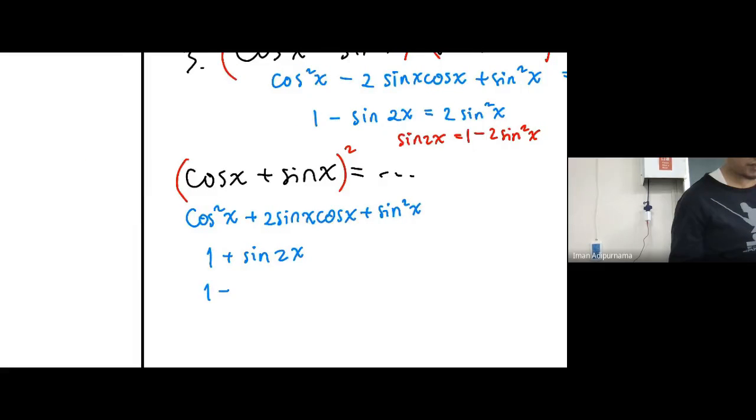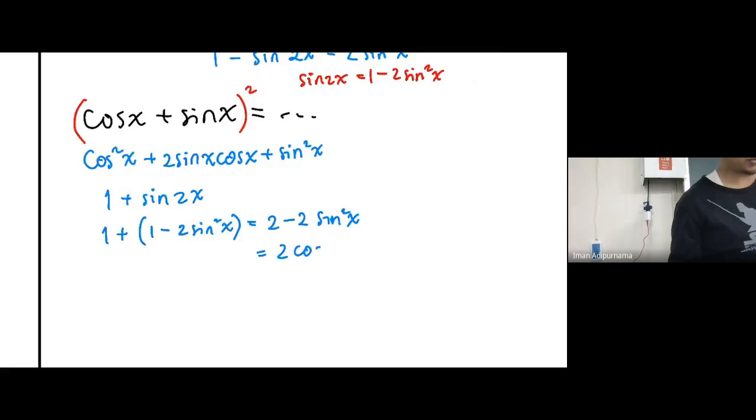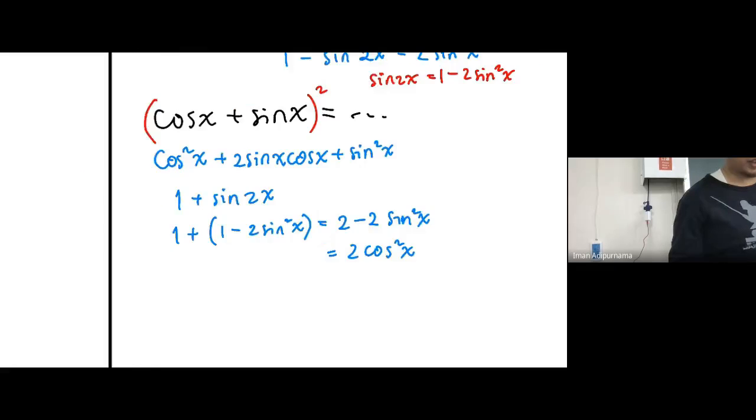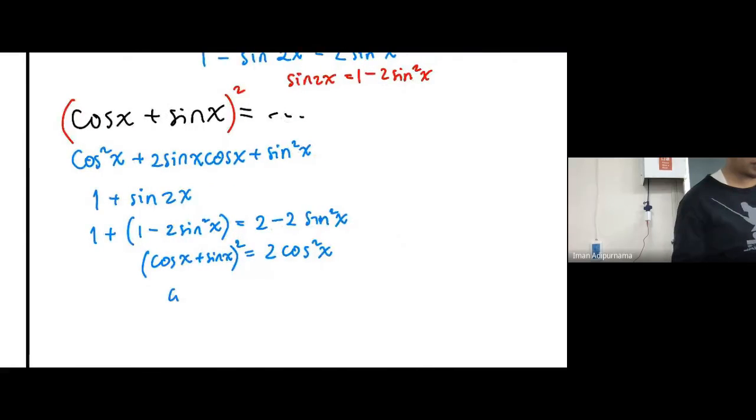So 1 plus 1 minus 2 sine squared x. This becomes 2 minus 2 sine squared x, and it is 2 cosine squared x. Okay. And this is cos x plus sine x squared. Okay. So cos x plus sine x is,